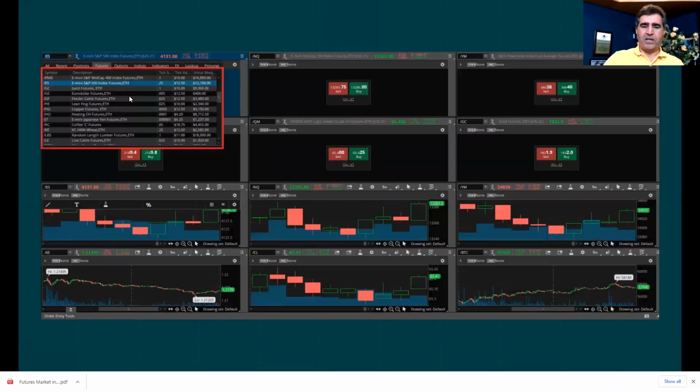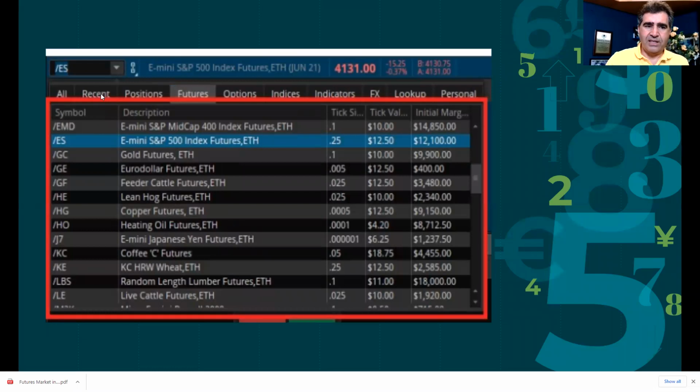So this is my thinkorswim. You go and you look at the trades, for instance, and you just put any symbol here, and then this. So let me make it larger here. So when you do it, it shows you all the symbols that you have available. You can go to recent, which is the ones that you've been looking at. Again, this is on thinkorswim. If they have positions, and then you just click on the futures. So when you click on the futures, alphabetically, everything is here for you. So you can just scroll down to whatever you're interested in.